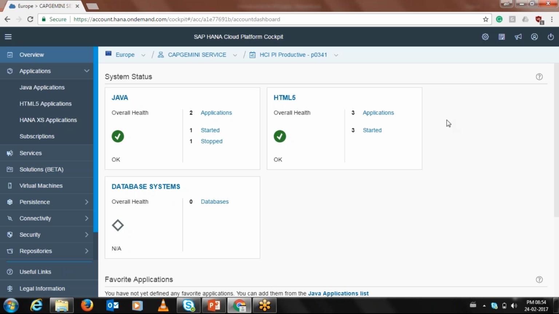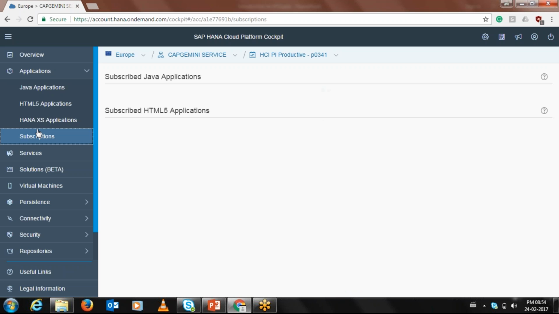Yeah. Oh, so you can see my screen now. Yes. Okay. So in account.ondemand.com, you have the Java application, HTML application. So all the subscription details you have here.